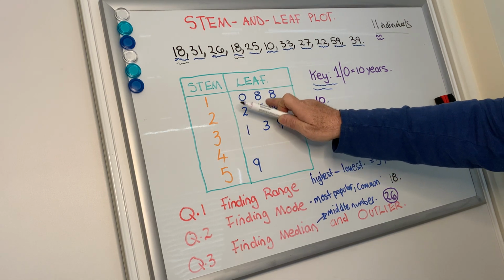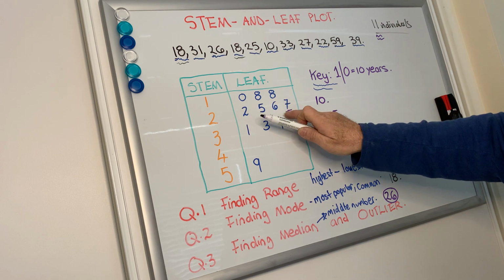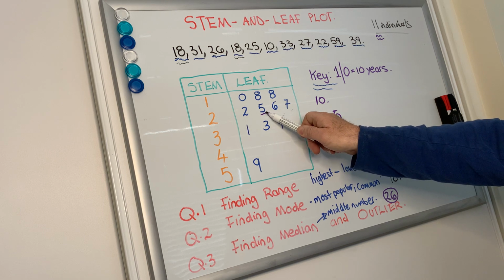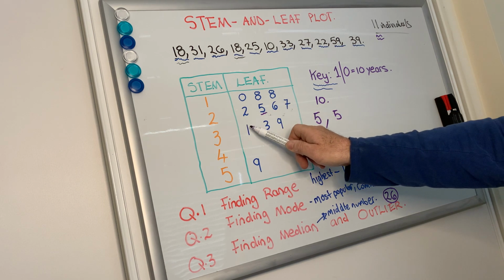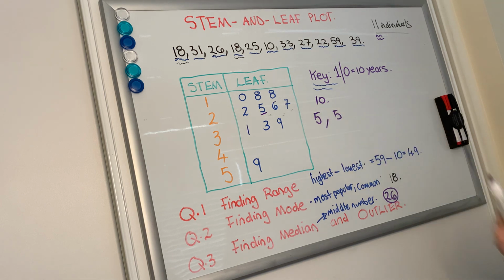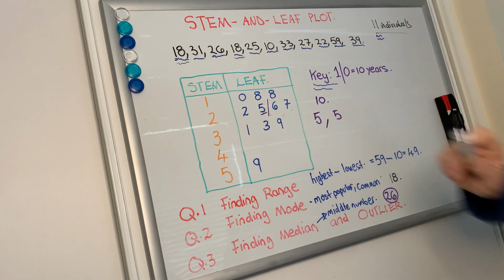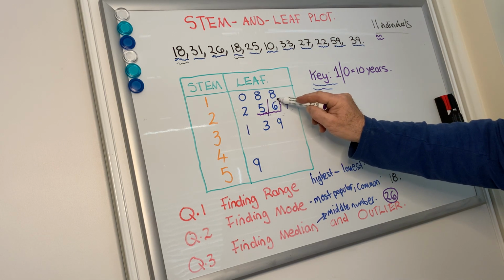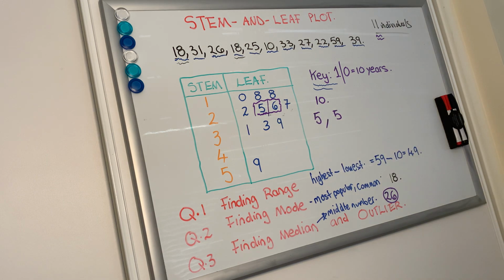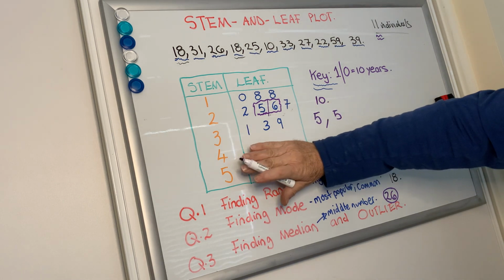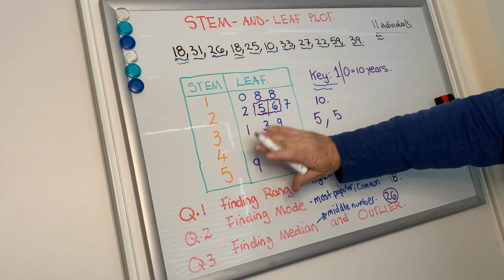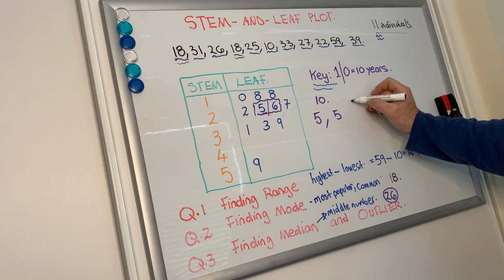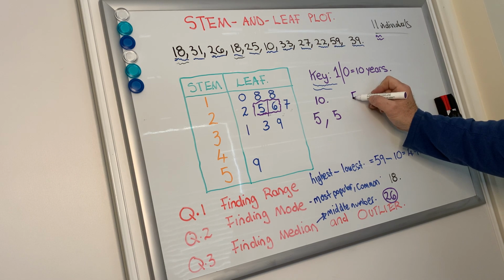The way in which we would create that middle number is that we've got 1, 2, 3, 4, 5. That's the 5th number. And we've got 1, 2, 3, 4, 5. That's the other 5th number. So the middle is actually between these two, between 5 and 6. So if we didn't have this last value and we only have 10, then we would say the middle number would be 5